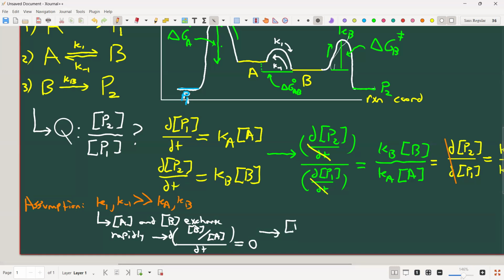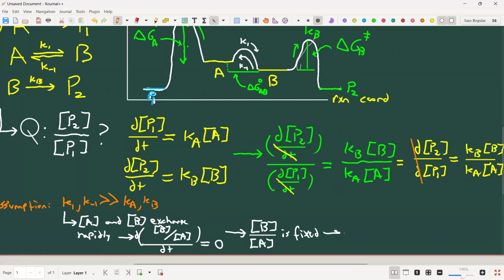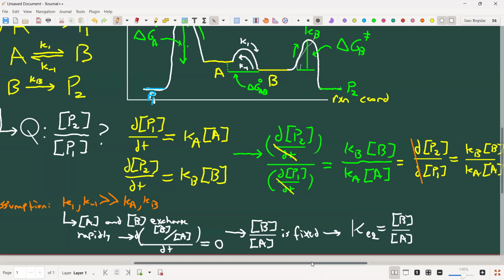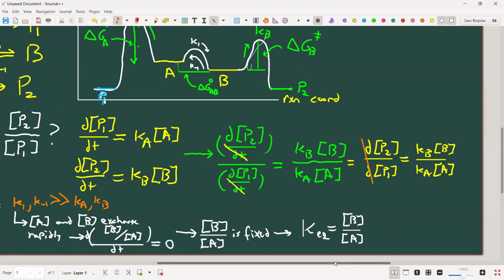Okay, so this means that again, B and A, the ratio of the concentrations of the starting materials is fixed. And it's fixed to the equilibrium constant for that reaction. Right? It's always fixed to this ratio set by the equilibrium constant. Okay, so I can use that fact that my ratio of B and A are always this value, KEQ. Well, I can substitute KEQ in here. Right, so what happens now is that the product ratio